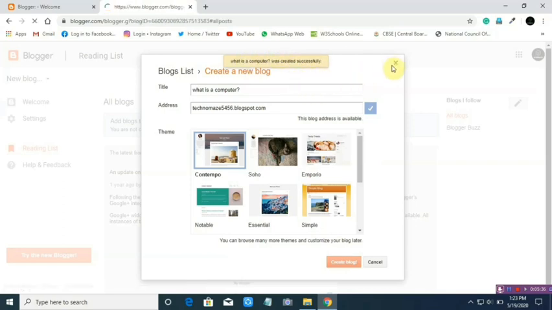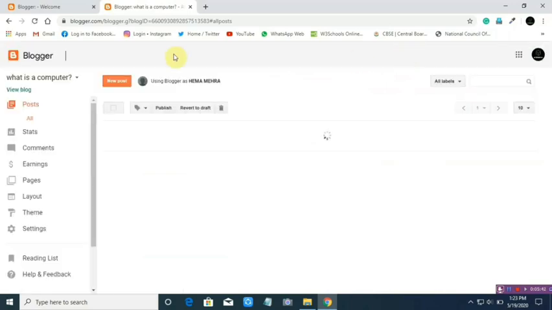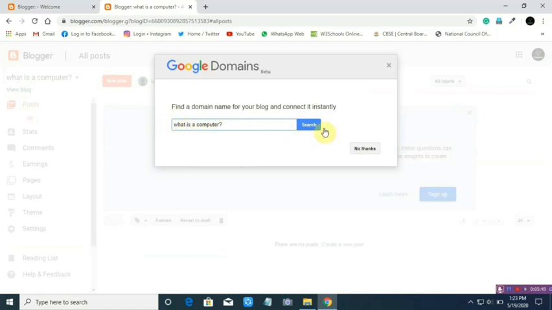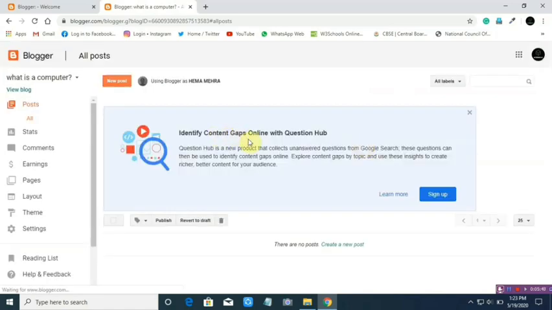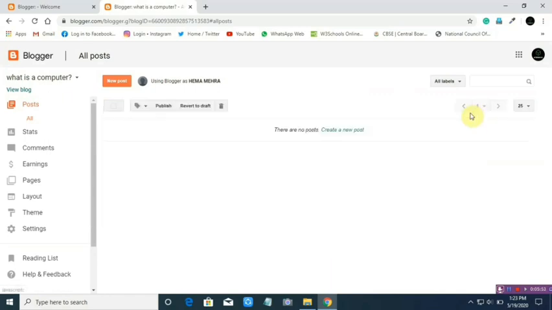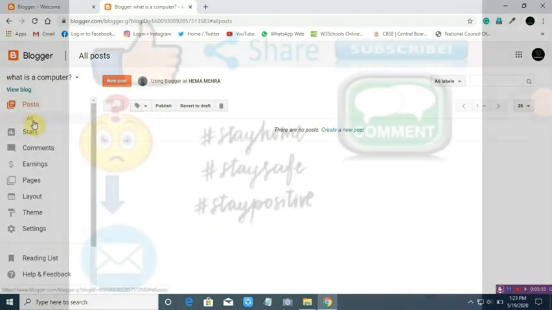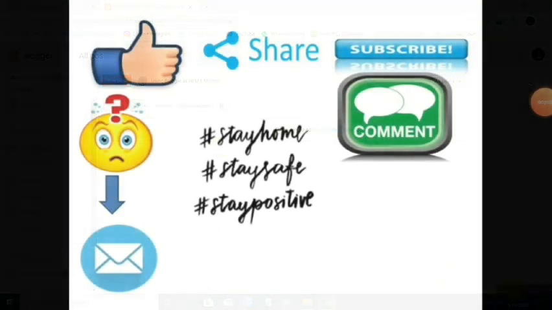After that we will go to the next page, the main page where we will create our content. What is a computer? No thanks. Identify the content. This way we can create our content. So this is the end of session 4, web blogging.